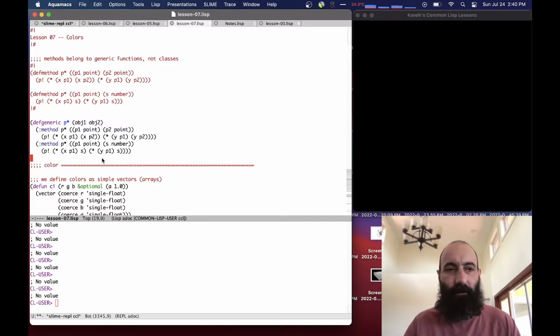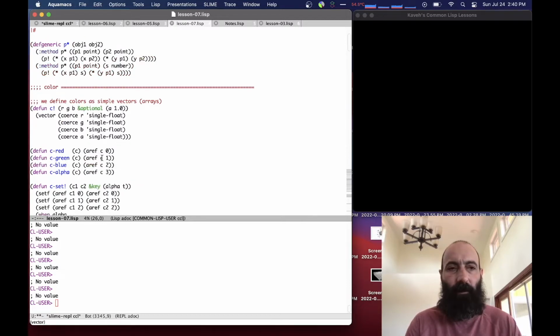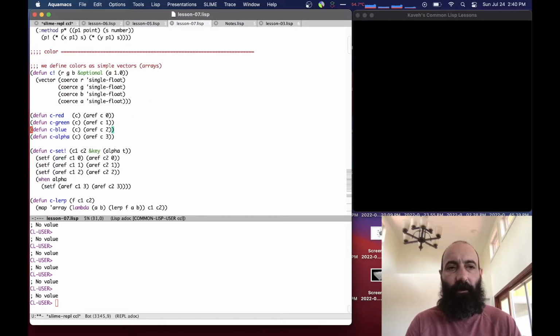All right, so colors. When we defined our points, we used classes for pedagogical reasons. But for colors, also for pedagogical reasons, I'm going to do an alternate approach and use arrays. So our colors basically have red, green, blue, and alpha values, so it's a quad. And when we define a color,